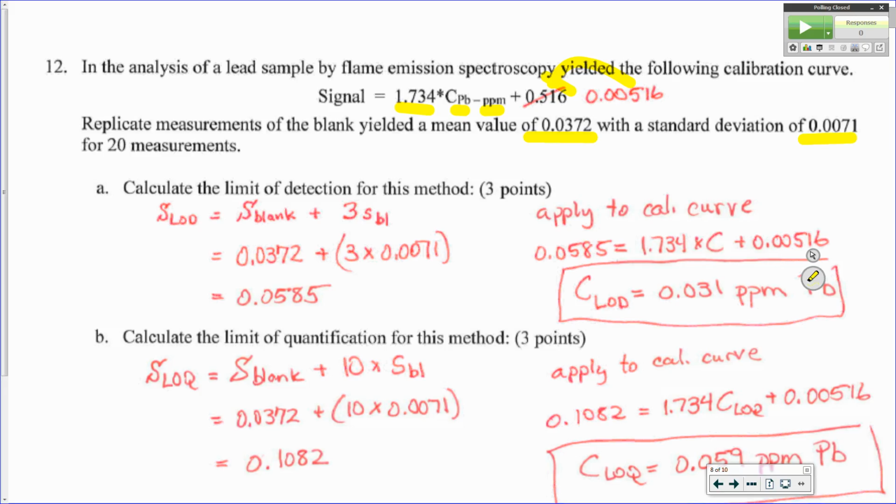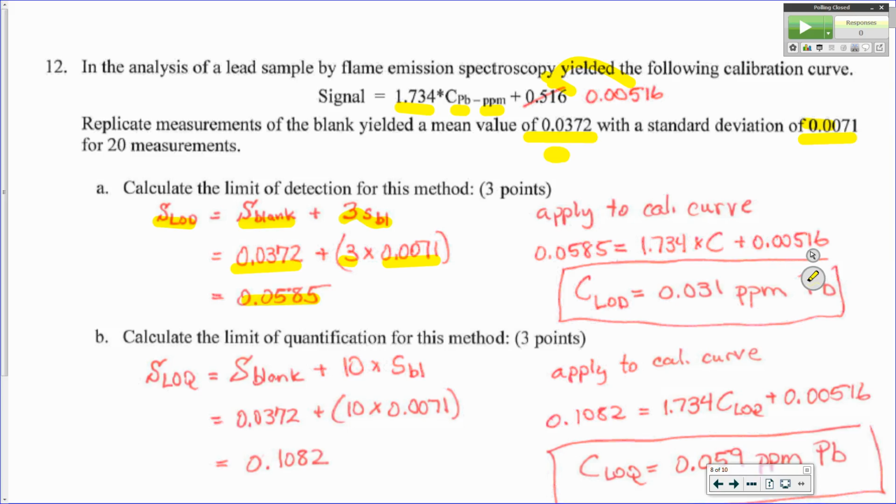So I wanted you to calculate the limit of detection for the method. There was an equation on the equation sheet that says the signal at the limit of detection is equal to the signal of the blank plus 3 times the standard deviation of the blank. So we have the signal for the blank, this term, plus 3 times the standard deviation for the blank. Okay, so that was this term. That tells me my signal at the limit of detection is this